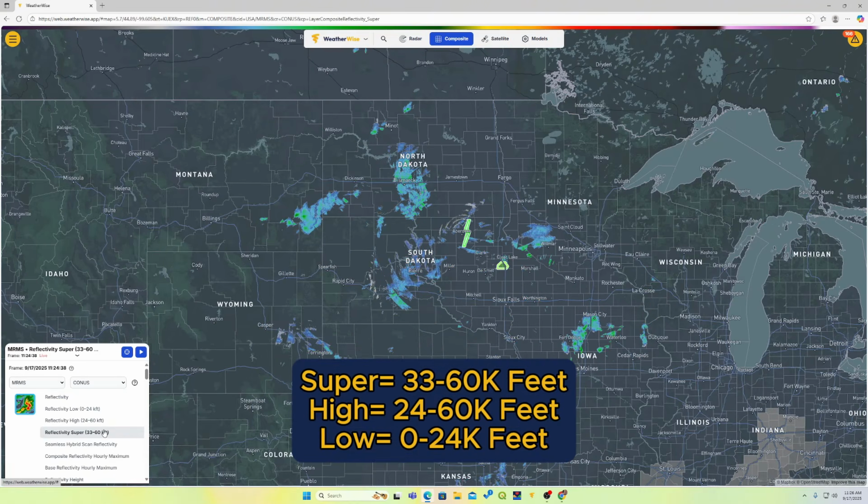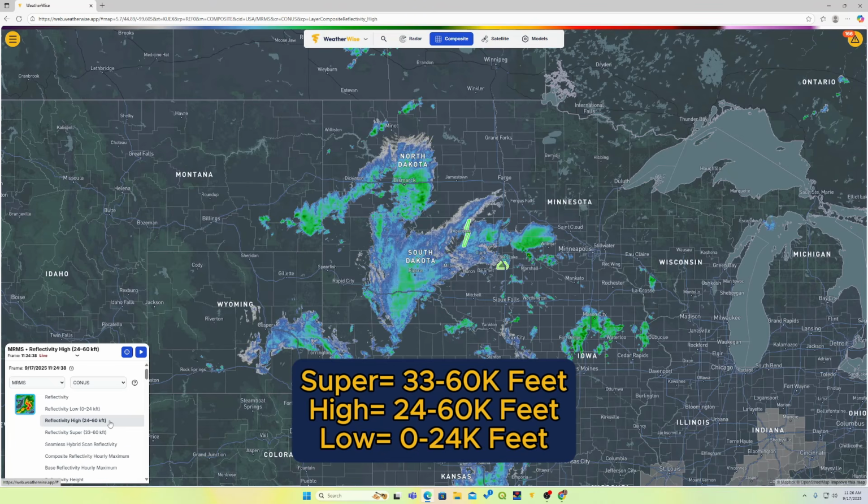This is more reserved for aircraft carriers and aircraft controllers to see kind of how the skies are looking where aircraft is traveling, to keep you a little bit more safe. Reflectivity high is stuff that is occurring anything above 24,000 feet to about 60,000 feet. This is where most of our storms take place, the top edges of them, and we'll talk about that with